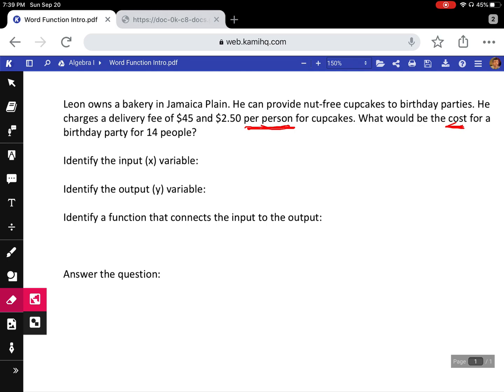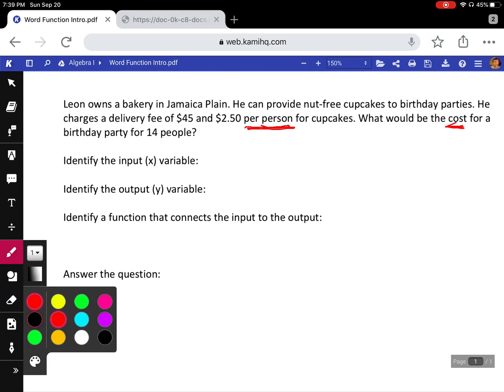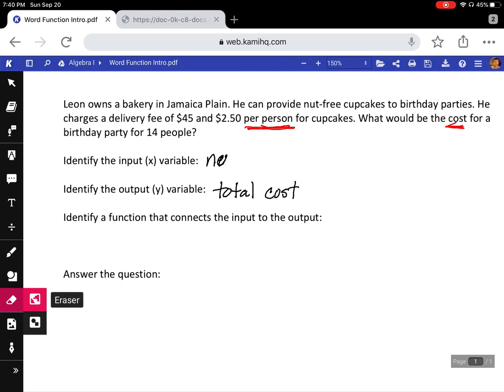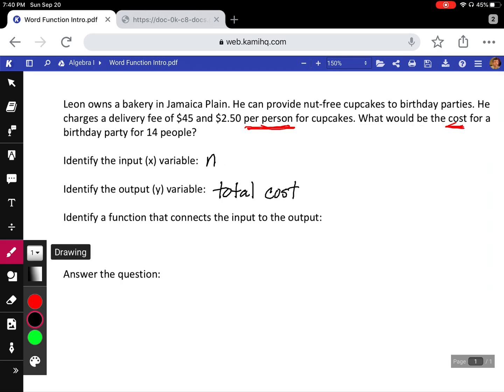So what we want to know is what the total cost is. And then the input's going to be the number of people at the party. So our function,